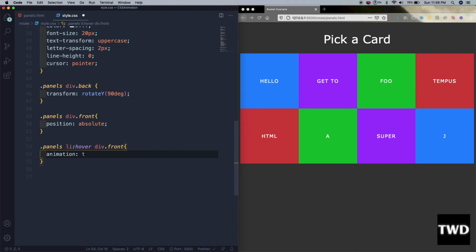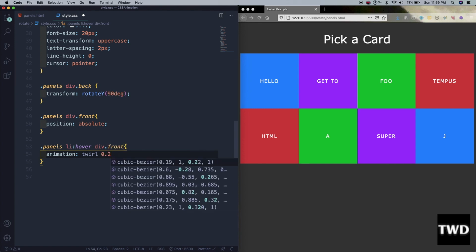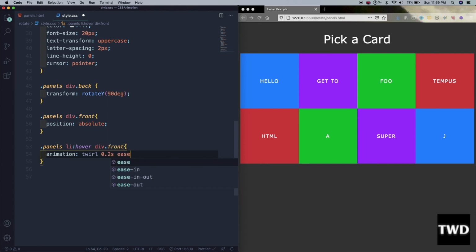The animation name we will keep as twirl, and 0.2 sec ease-in forwards.